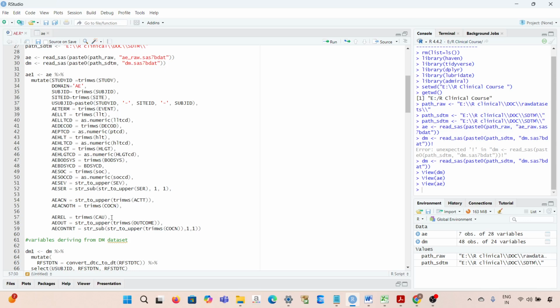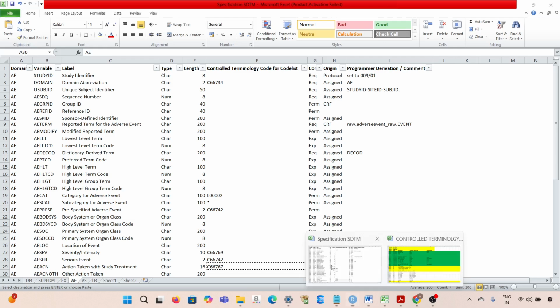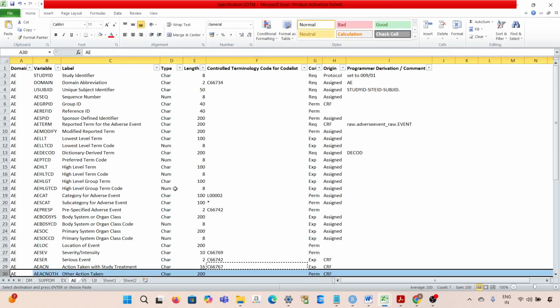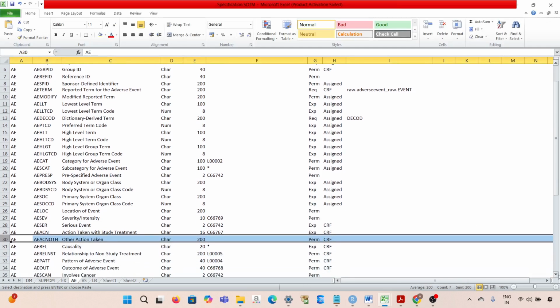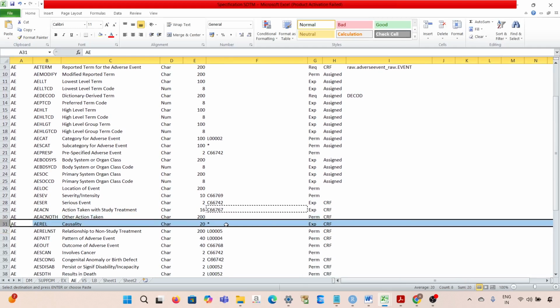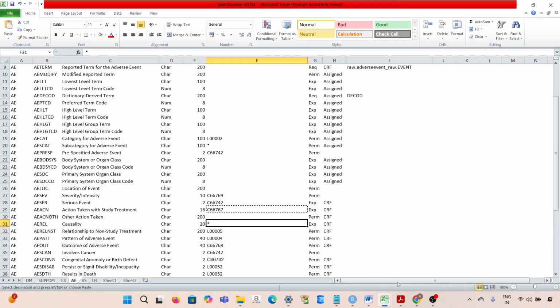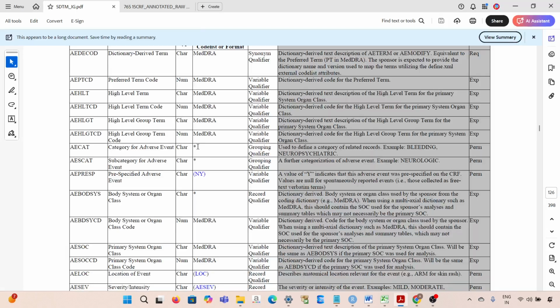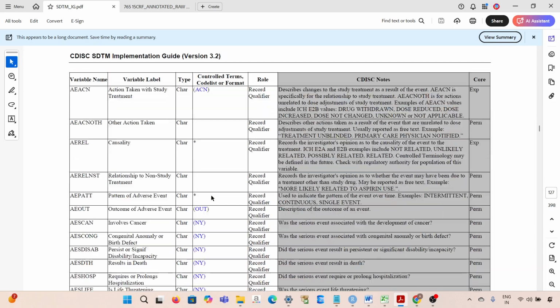Then we have AEREL. This is the AEREL variable. Let me check. These are permissible variables, right? Sorry, this is an expected variable. So here the control terminology is as per the requirement. You see here there is a star mark, right? The star mark represents, when you check in the IG, that in control terminology they have given the star mark. The star mark represents